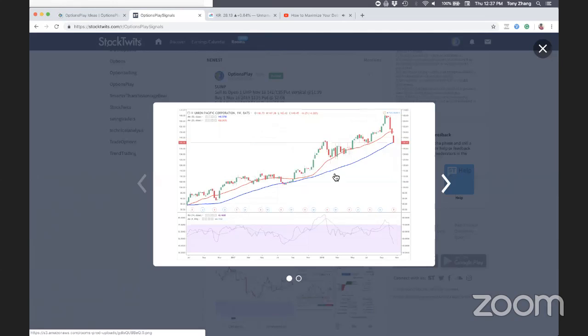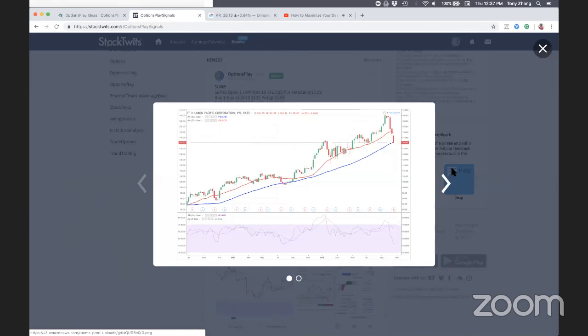As you can see, every single one of them is usually above the 50-week moving average, but most of them are below a 20-week moving average, because what we're saying is that this is a long-term bullish stock, but short-term it's maybe overcorrected a little and has a high probability of moving higher.